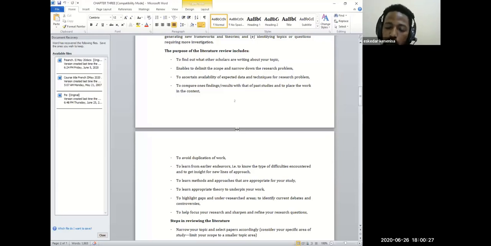For example, the due date can be one issue, the purpose of the study might be an issue. For example, you are expected to work on a senior essay, which is a task of less than 1 year. Therefore, you have to limit your scope in order to finish it within this 1 year or less. Therefore, narrowing your topic is one of the first steps.